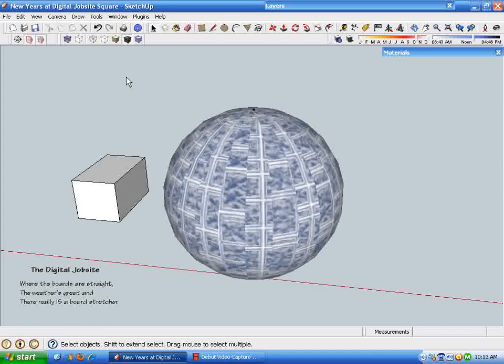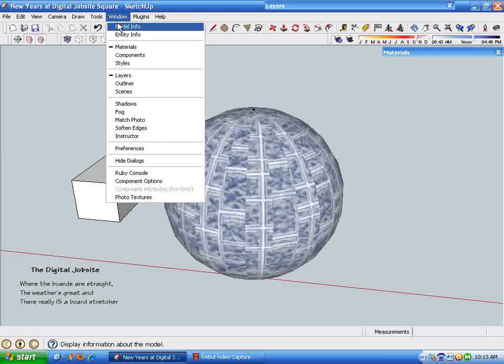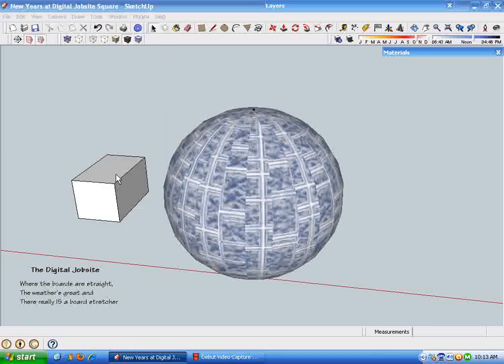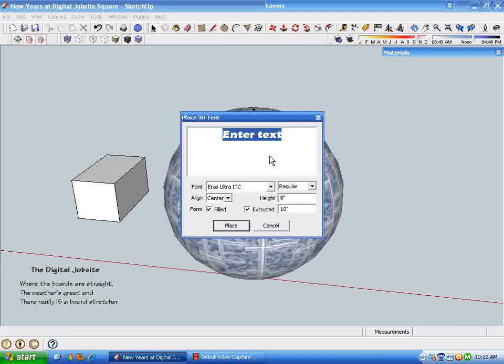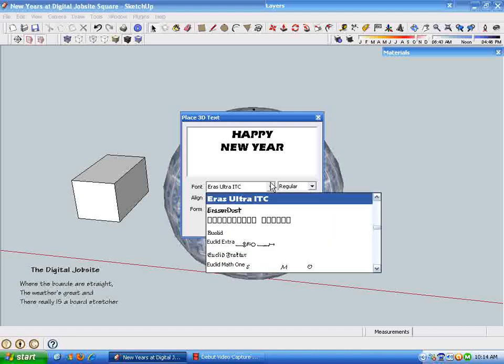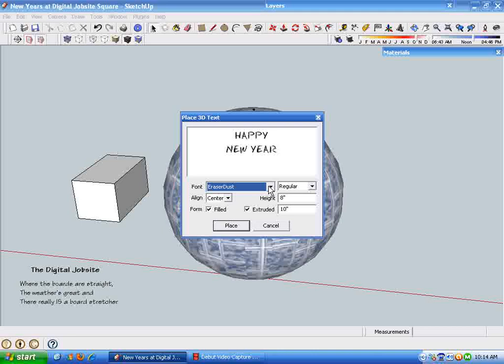And now we're going to do a little bit of 3D text. Just go up here to Tools, click 3D text, and I get this little dialog box, and in this box we'll just enter some text. How about happy? I'm using enter here to get this text to lay out like I want it. You can see down here, you can select the font, whatever font you want,